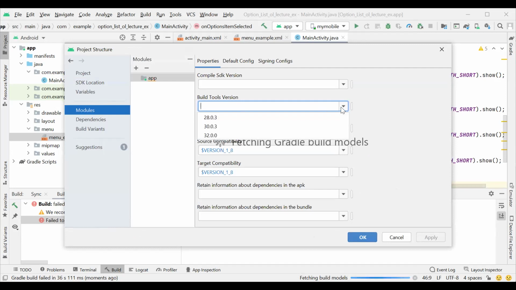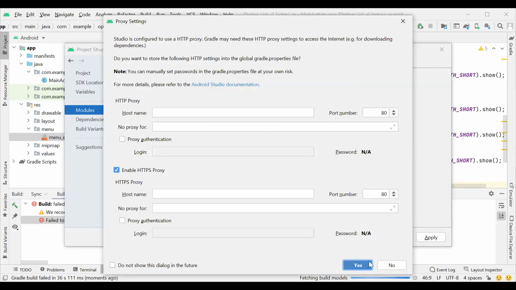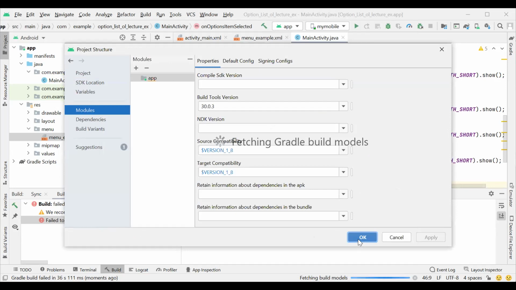Build tools version is 30.0.3. Okay, we apply and click on OK.